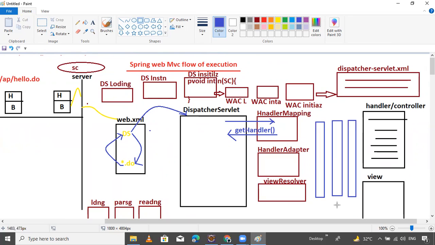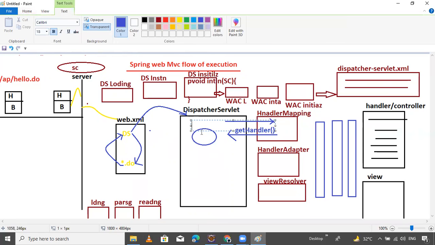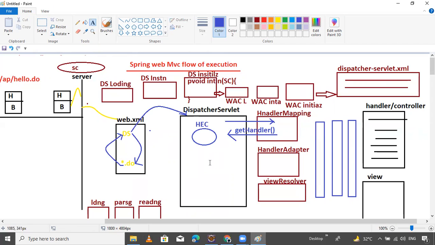Then the handler mapping will arrange the interceptors before the handler and return the handler execution chain object. It returns the handler execution chain object. That's it.